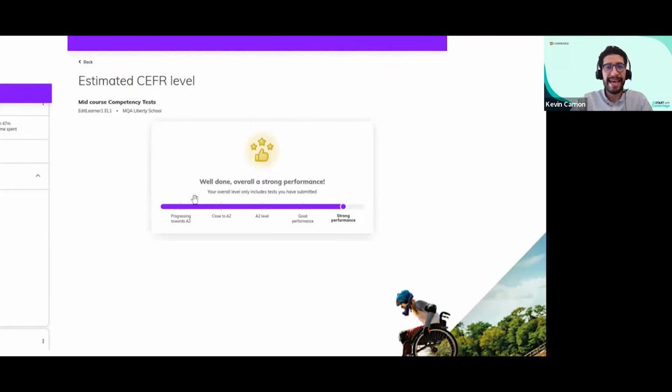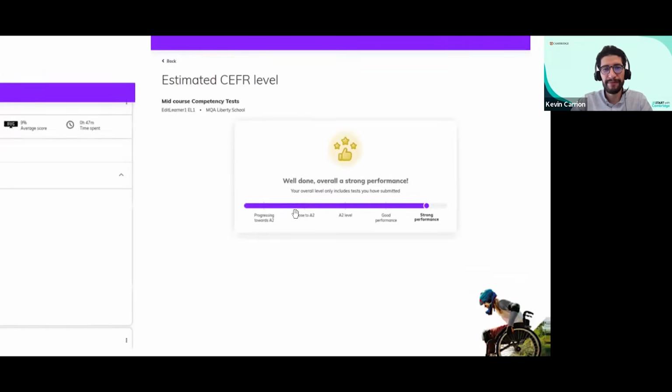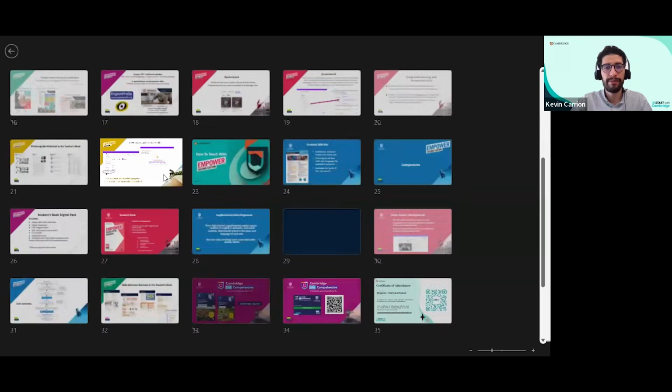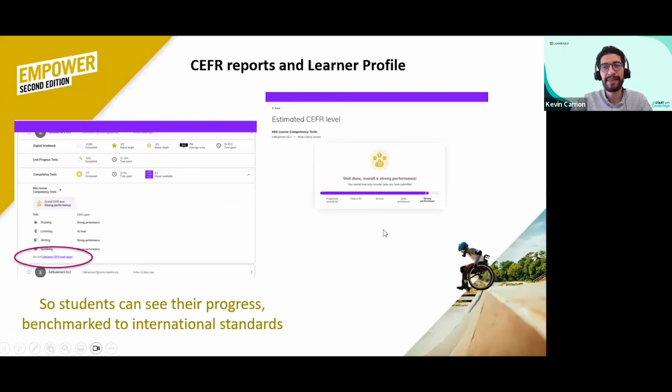Sorry, let's move on. I was saying we have these reports, and something good about them is that we receive an estimate of the CEFR level of each student. So generating reports is also a very good benefit of using the Cambridge One platform.